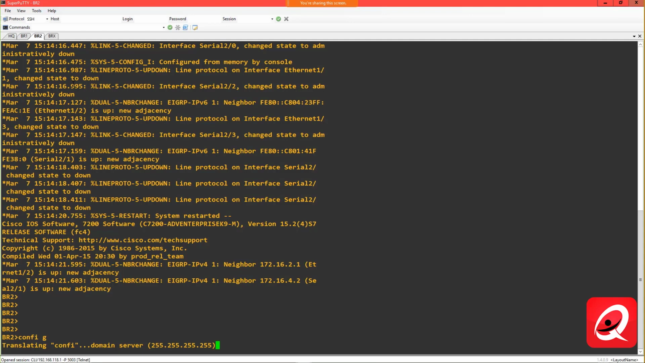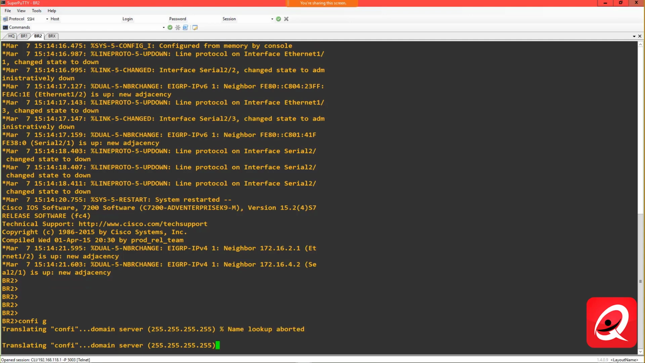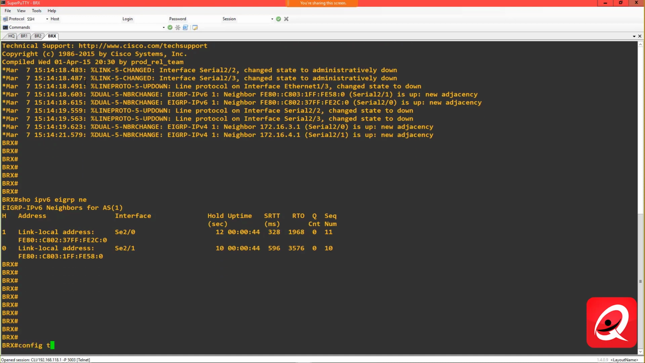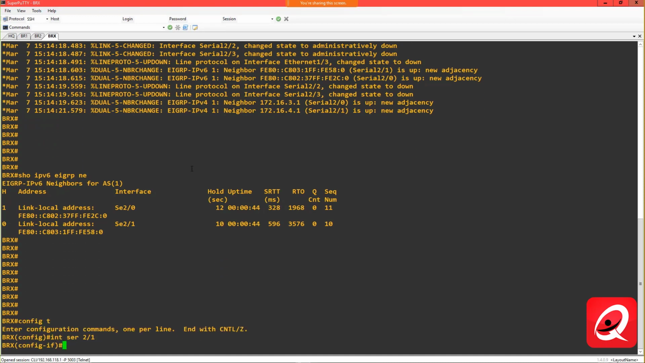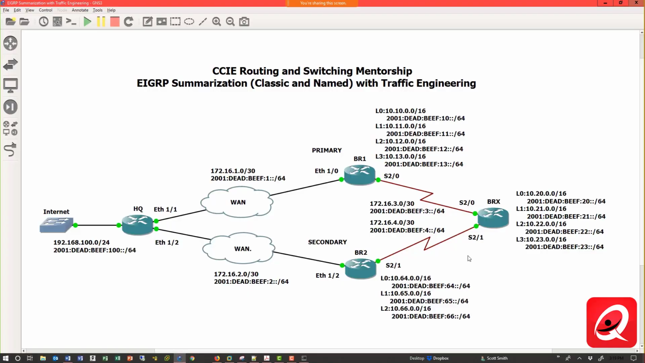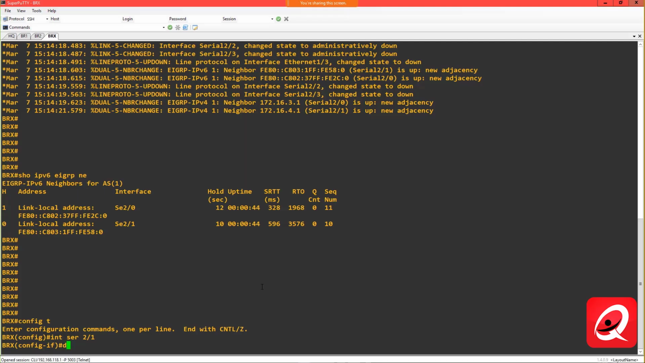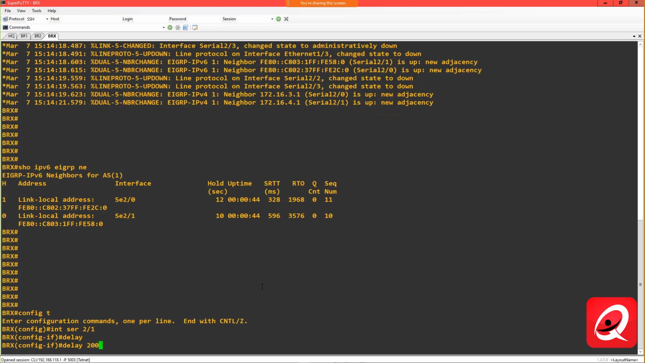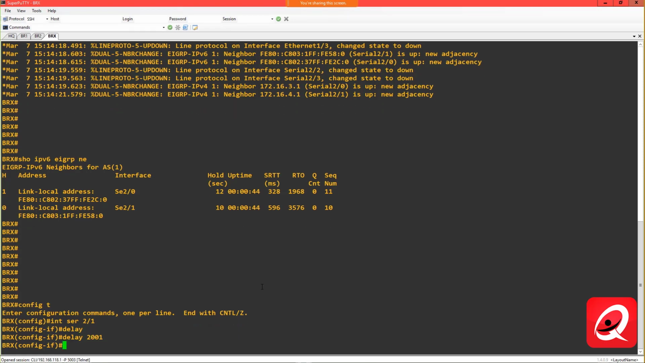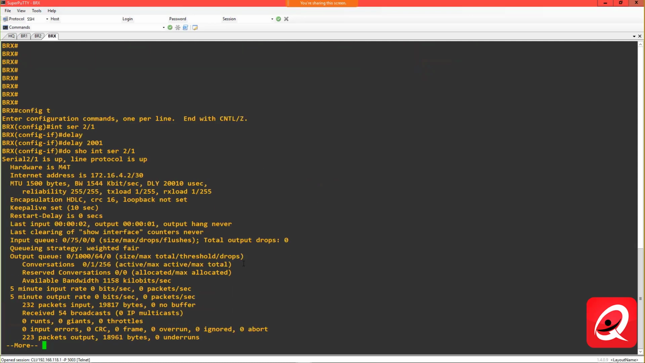Come on. All right, we'll start with BRX in this case then. So let's go in interface serial 2/1. Again, that's this link here that we're trying to modify. And I'm just going to set the delay on that interface to 20,010 microseconds as opposed to 20,000 microseconds. If I do a show interface serial 2/1, we can see now that the delay is 20,010